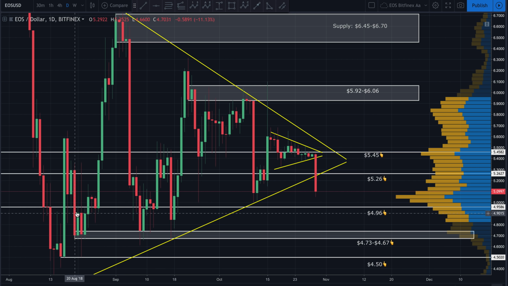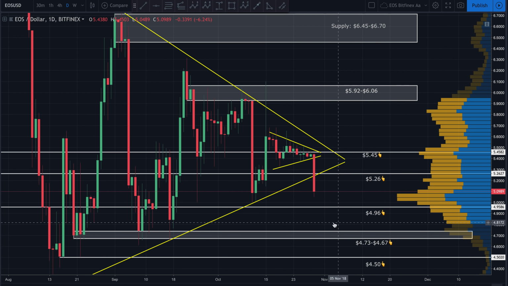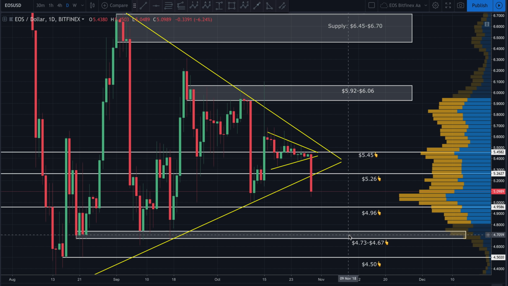If we look back here, we can see that we've fallen down into this zone and we've wicked through it a few times, but the body of these candles have not broken this zone with a body on the daily since August 20th. It's broken down into this zone, wick, wick, wick, came right back up, broke back down, wick, wick, right back up, back down, big wick, and then a nice explosion right back up. So let's see if that ends up holding again. This support area between 4.73, 4.67, guys, that could be the area that we're going to be looking for.